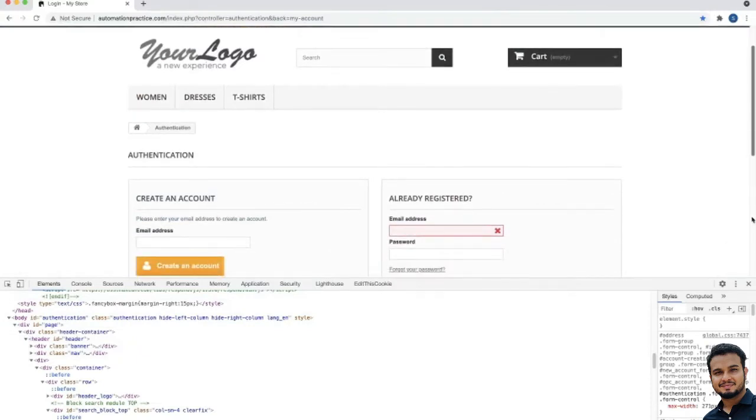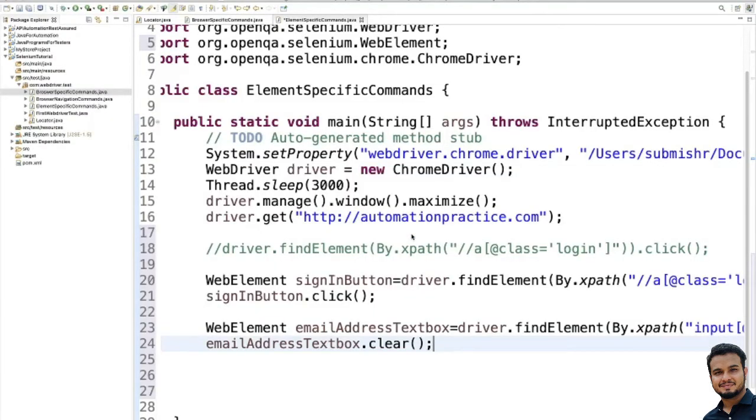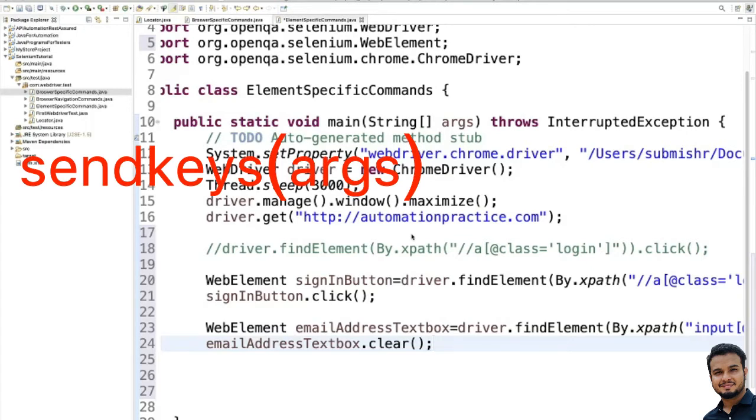What will it clear? First we will try to input something, right? To input manually, you just type on your keyboard and write something. But how will you do it through code? To do that, you need to use another method known as the send keys method. So what is the send keys method? Send keys method is used for sending one or more keystrokes to the active window. It simulates typing into an element which may set its value. And this send keys method accepts a character sequence as a parameter and returns nothing.